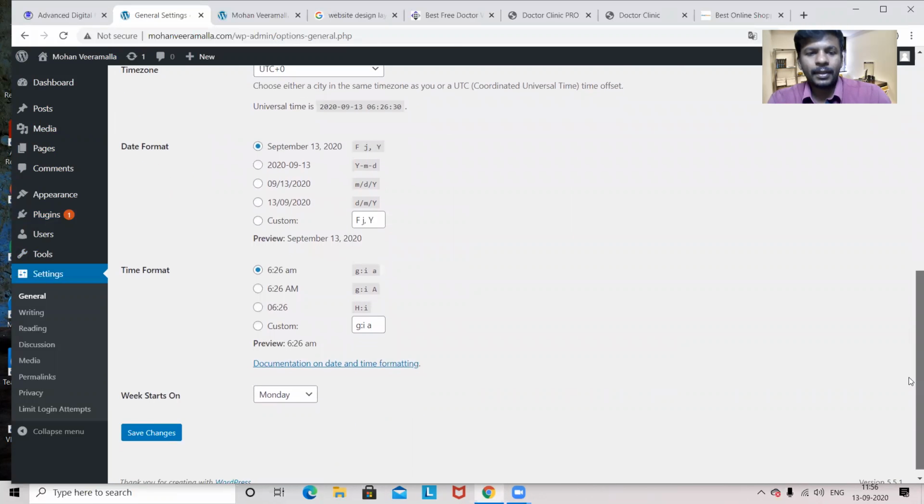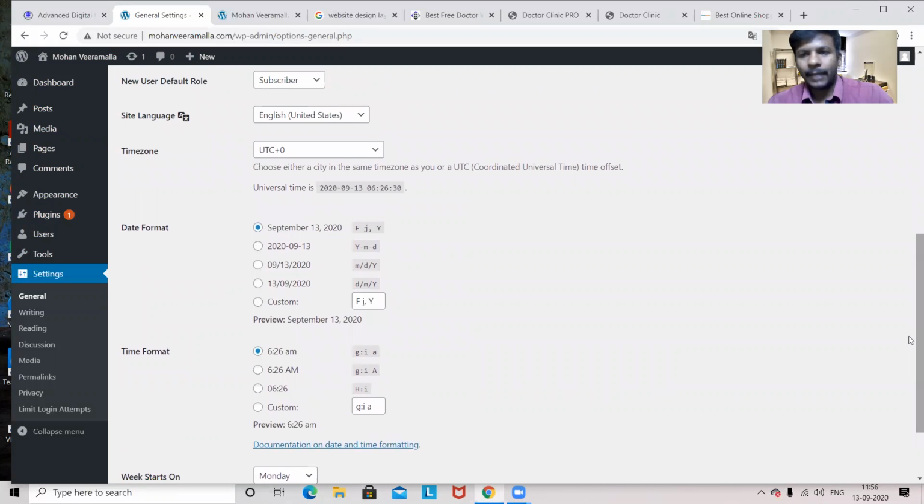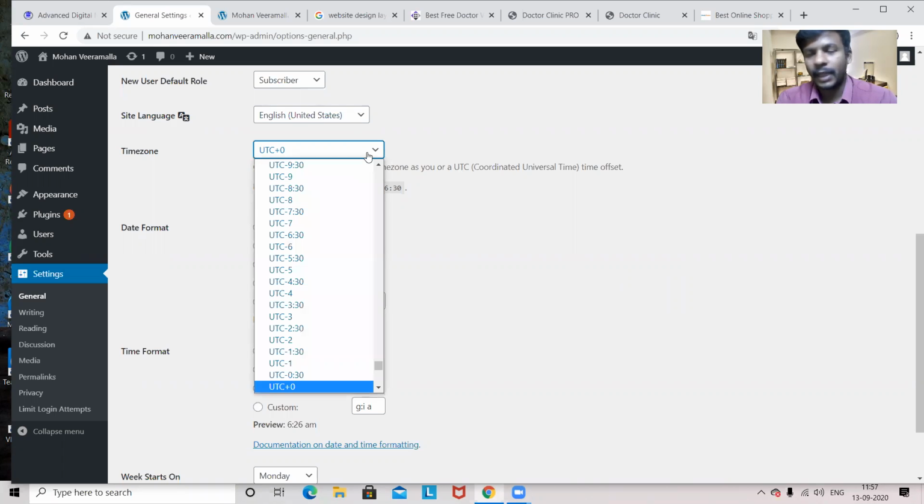And from here, you can change your time zones. This is also very, very important. Why? Because, for example, now I'm in India. What time zone should I select? That means my business is related to this time zone. Whoever visits from India, it will be according to their time zone. If I go to Dubai or some other location, I have to change this time zone. Each country will have different time zones. According to that country, you have to select the time zone. Okay.